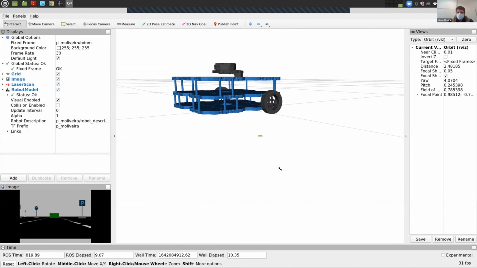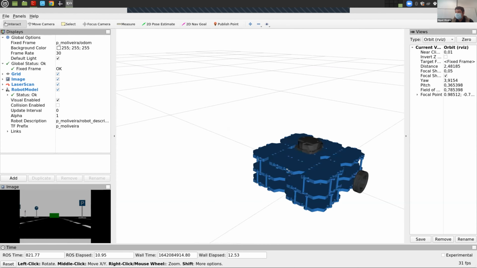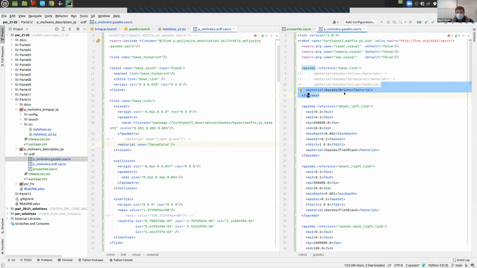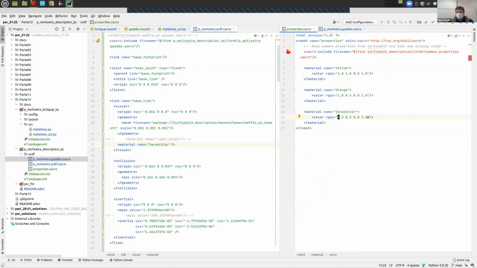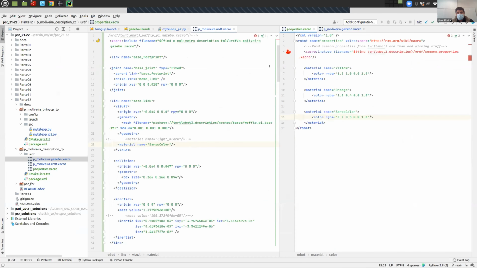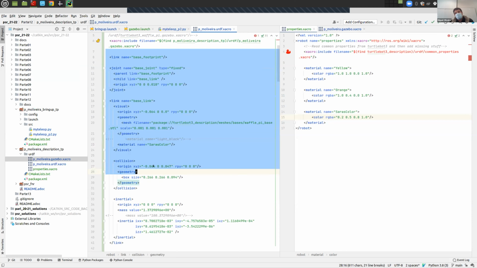So now we are using Sarah's color. Can you see? Actually, Sarah's color was some special blue. We just invented names, numbers. So your question was very relevant, which is how come we have two different ways of setting color? The materials that we put on the URDF.chakro and that appear on RVs are not the same materials that we put on the